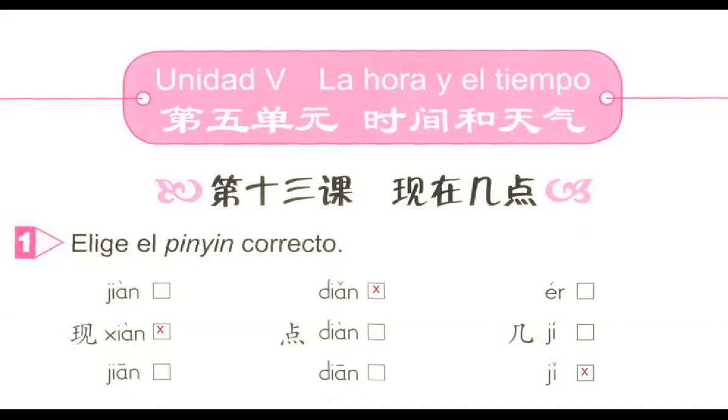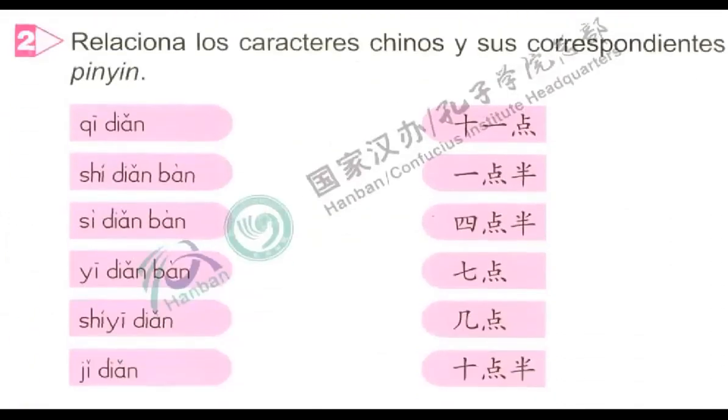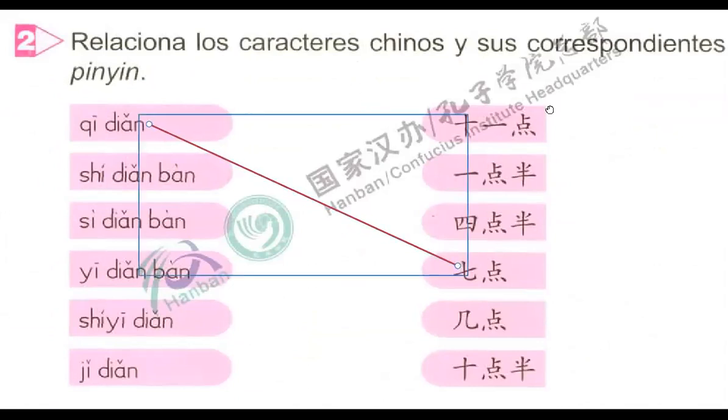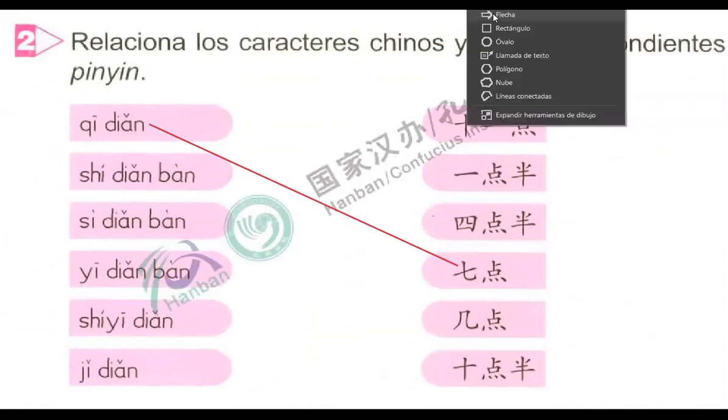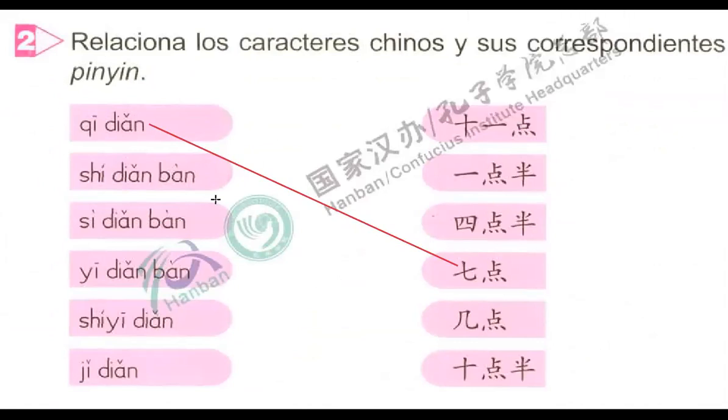Now we have exercise number 2. We have to draw a line between the pinyin and the characters. Pinyin here on the left, characters here on the right. So I'm going to draw some lines. For example, the first one, 7点, 7 o'clock, remember? Then we have this one, 10点半, you realize? It's this one here. 4点半,